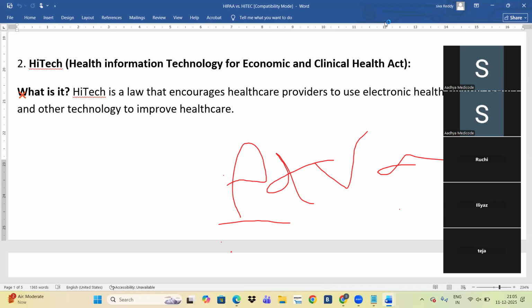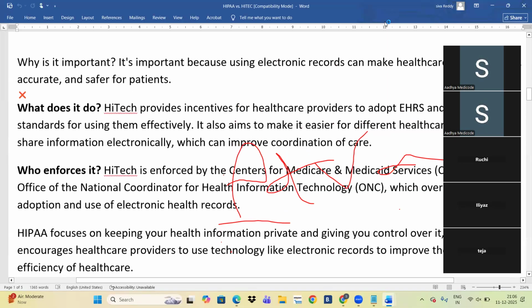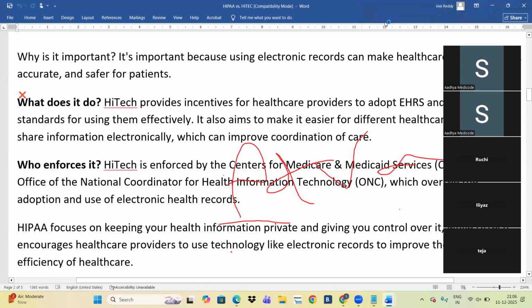For physicians, it also gives rules and regulations: how you need to store the EHR format, how you need to maintain proper EHRs, and who is maintaining proper EHRs. It will provide some incentive programs to providers as well. HITECH provides incentives for healthcare providers to adopt EHRs and standards for using them effectively.